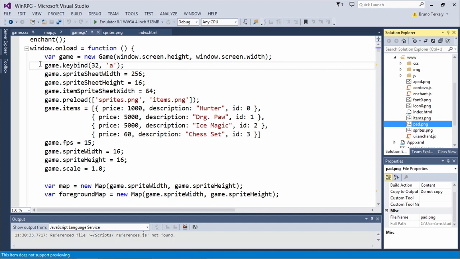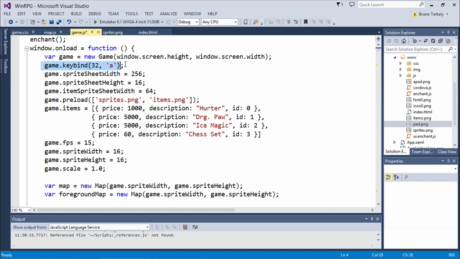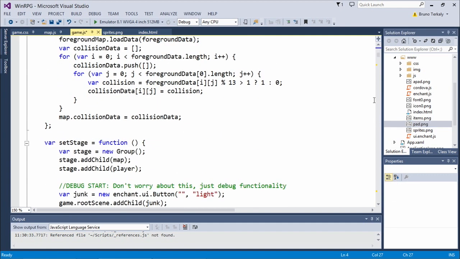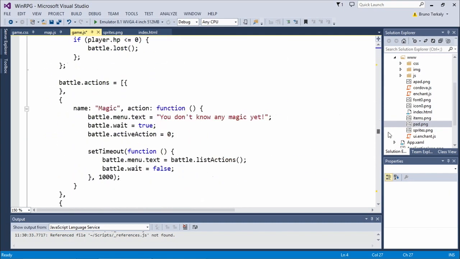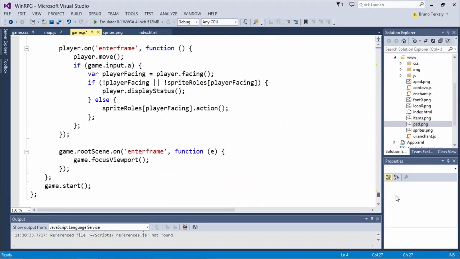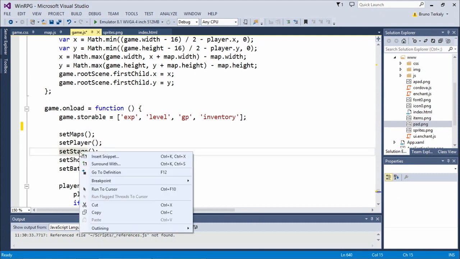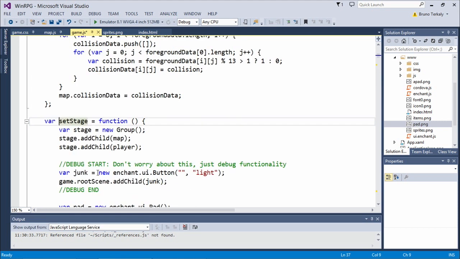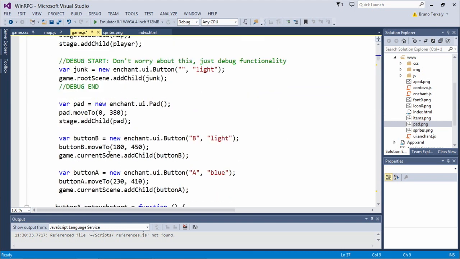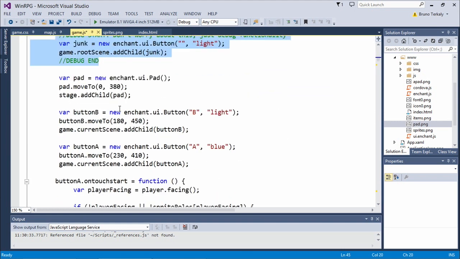Okay, so that's binding our keys, or a key, anyways. In terms of getting all of this to display, again, I have to scroll all the way down to the bottom here, and we have our set stage. So setting up our stage, that's the first place where you can really control something. The maps, we don't control. The player, we want to control, but not while he's initializing himself. Exactly. So if we go into set stage, and ignore this little debug button, I was playing around with something earlier,